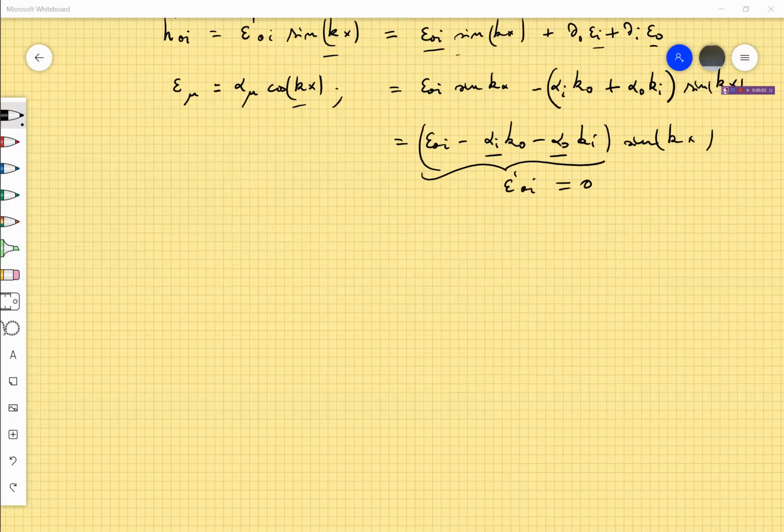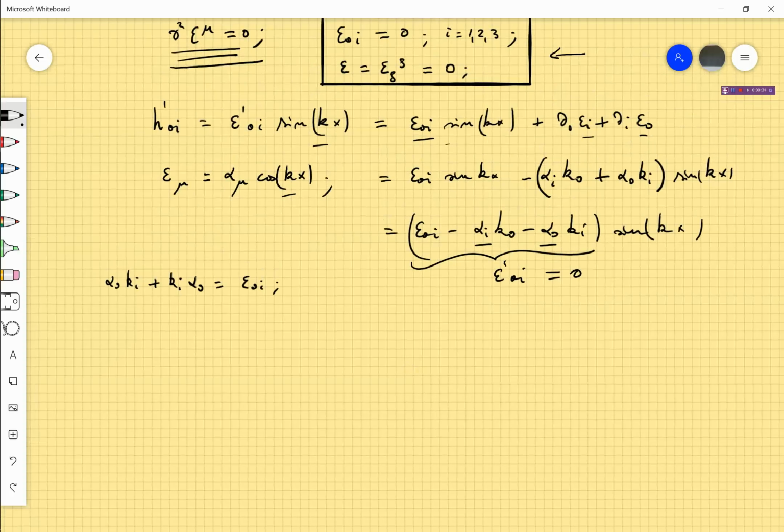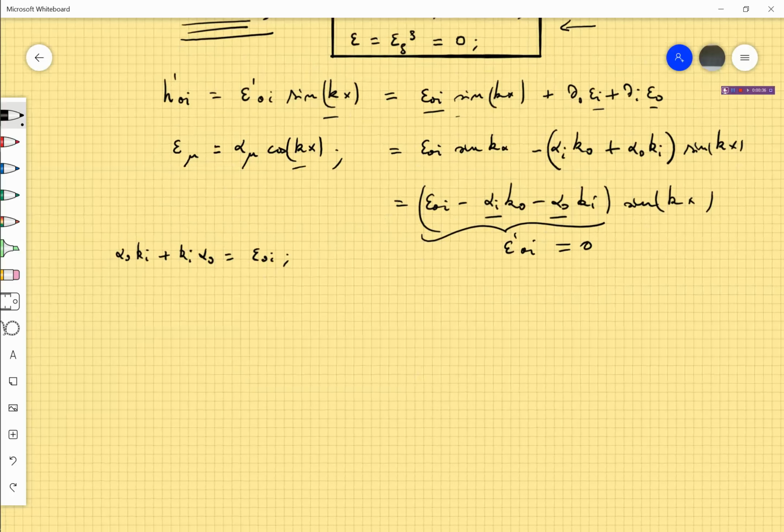So this condition can now be written as a linear equation for alpha i and alpha 0. In fact, this is a set of three equations. We can write them in this way: alpha 0 ki plus ki alpha 0 equal to epsilon 0 i, which is the thing we start from. So this is going to be one of the conditions, but in order to show that we can really impose these conditions on the polarization tensor, we have to prove that we can solve these equations for alpha 0 and alpha i